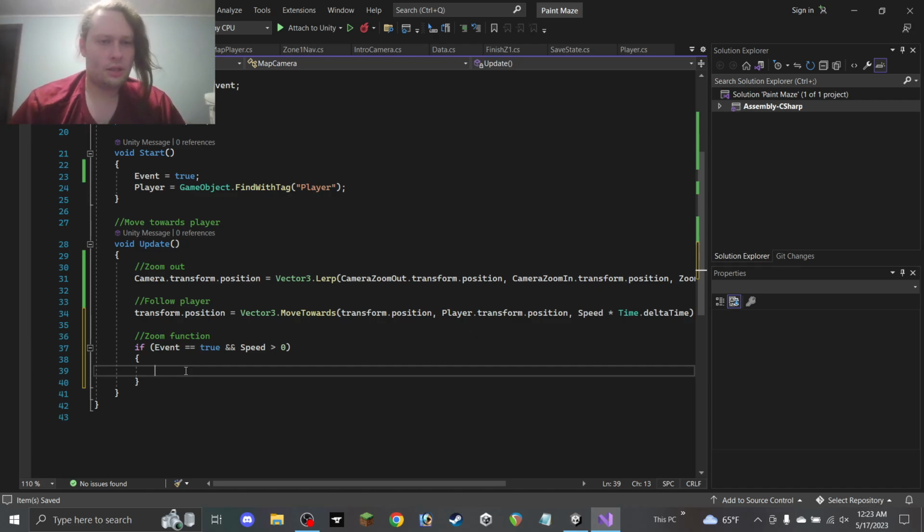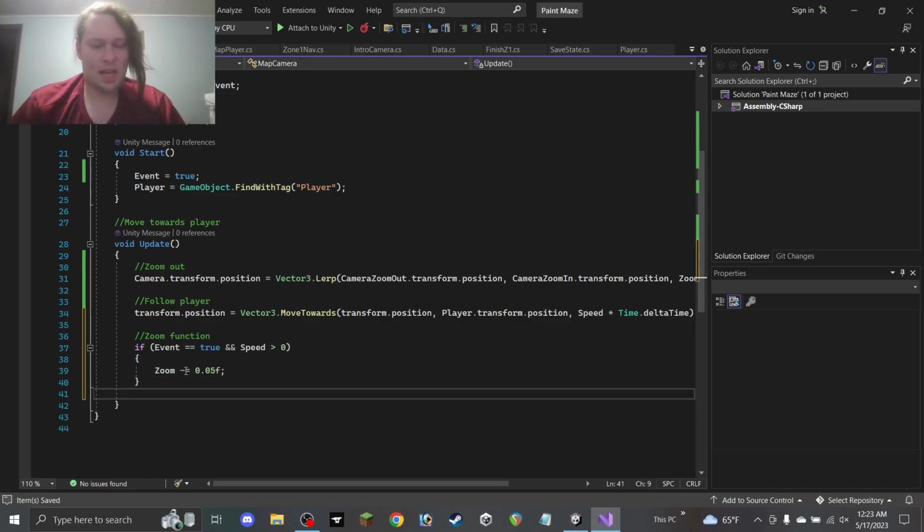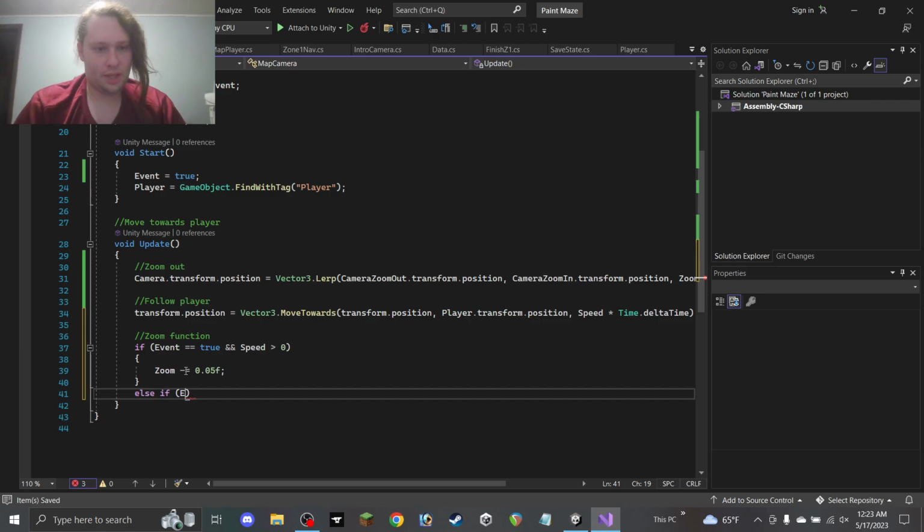Let's see. I need zoom to go up how much is the question. Or go down how much. Let's just start at 0.5 for now. Or no, 0.01. 0.5? F, of course, can't forget about the F. Maybe, if event is equal to true and speed is equal to true, and the only other thing we need here is check to see if event is equal to false, and speed is,